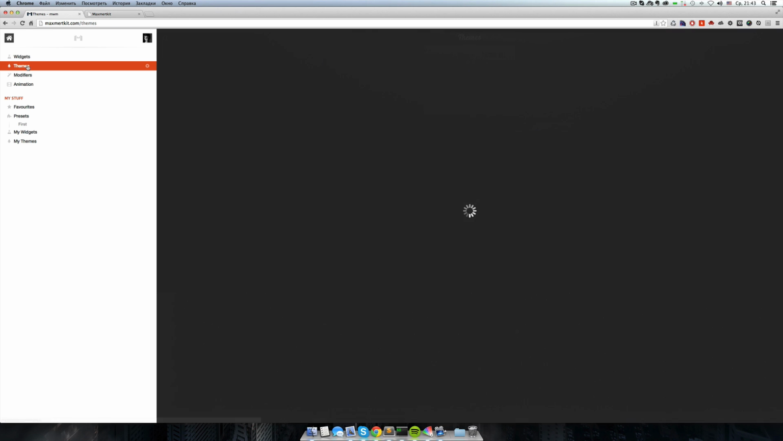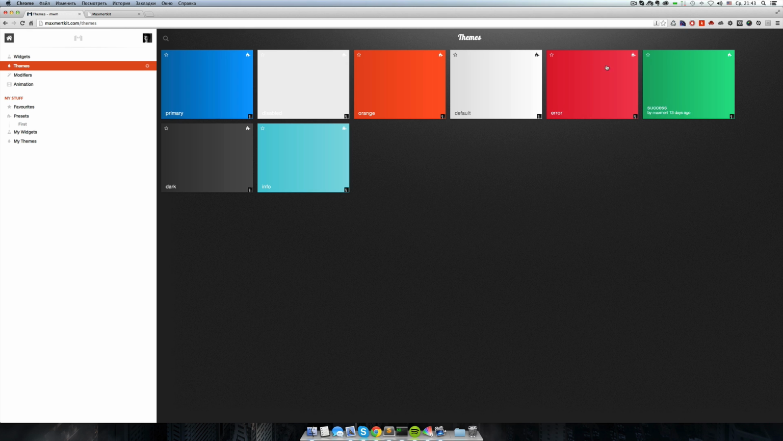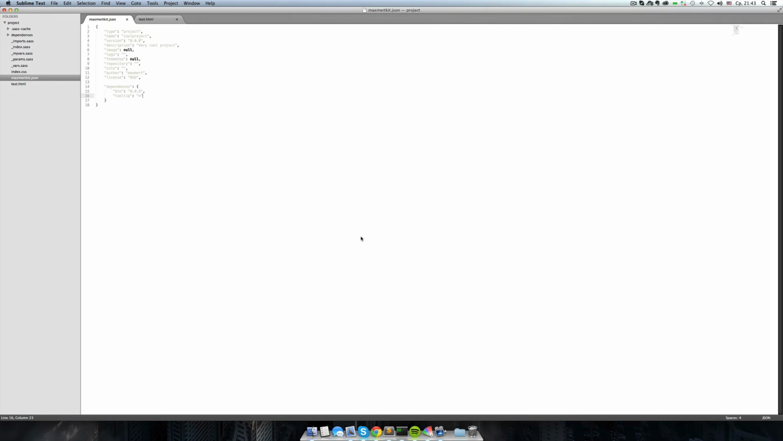So next step is adding custom themes to every widget. For example, I want error and success to my buttons, and dark and, for example, info to my tooltip. Let's modify Maxmertkit JSON file like that. You need to provide version, like a separate field, version 009,